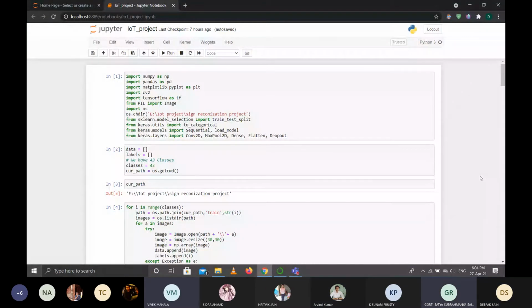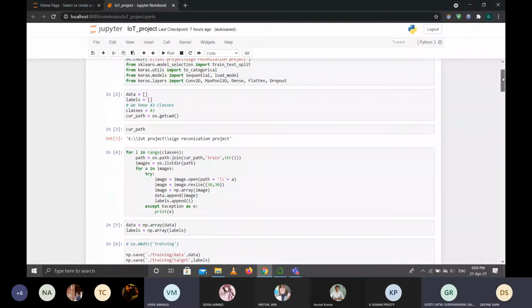Yes, sir. Now coming to the execution of the project, we will be using Jupyter as the platform and a CNN model. Firstly, we have imported the required libraries like NumPy, Pandas, Matplotlib, and CV2, as you can see in the code. After that, we have utils, models, and layers. In the second part, we have made two empty lists, one for data and one for labels, for storing data that will be generated in the future.